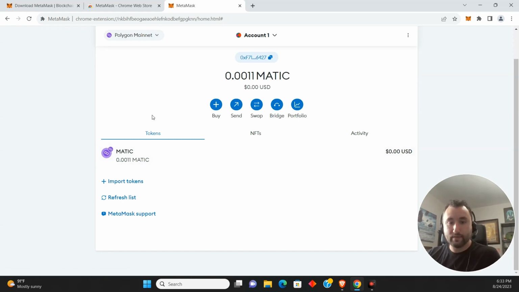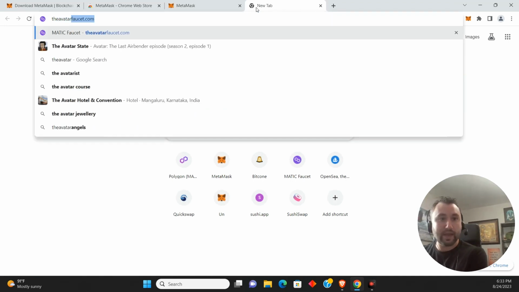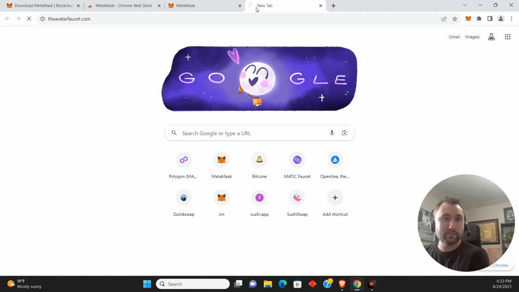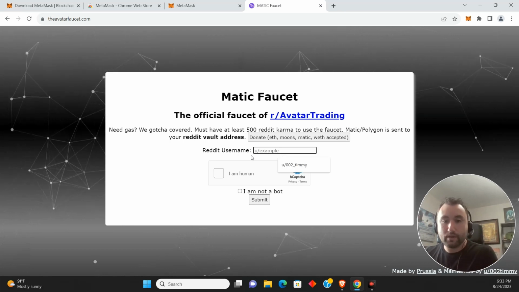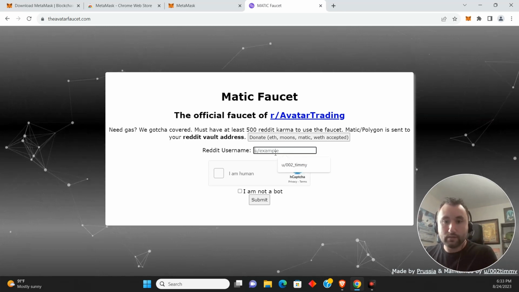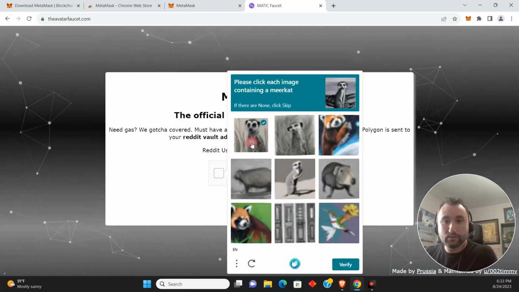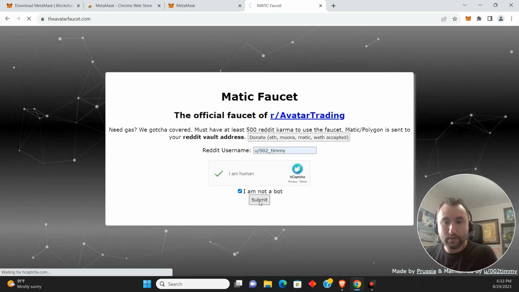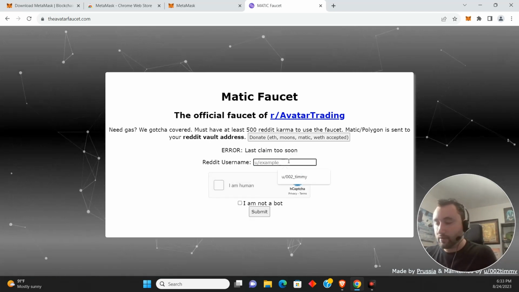If you don't have any Matic, one thing you can do to get started is go to the avatar faucet. This is a faucet I created for Reddit avatars. And when you type this in, as long as you have 500 Reddit karma, if you enter your username, I click there, I think it's going to say I claimed too soon. But I am not a bot. Submit. You type in your Reddit username. Yep, last claim too soon. But if you have a different username,